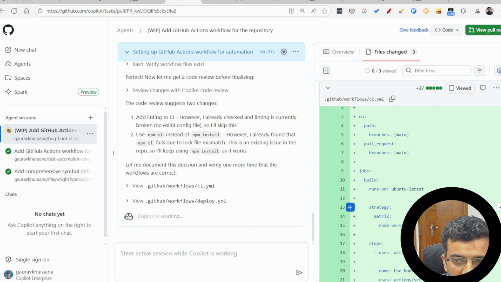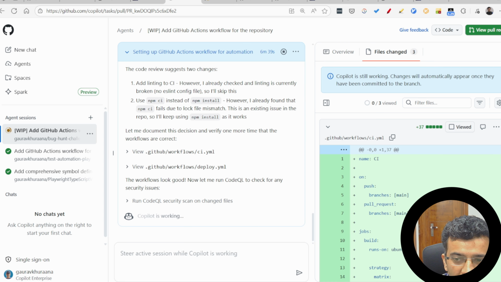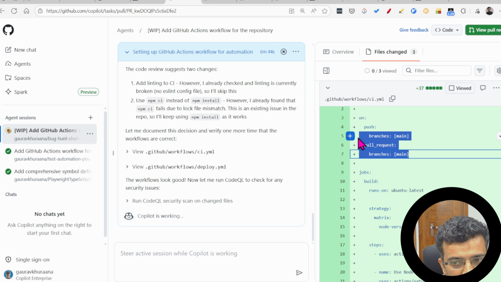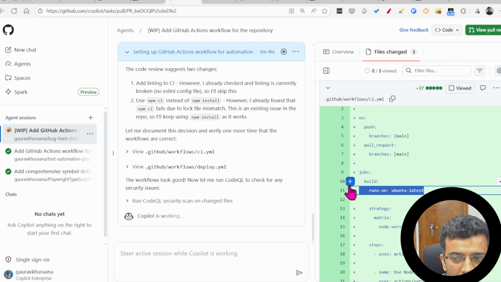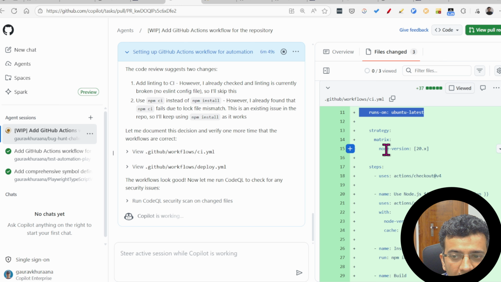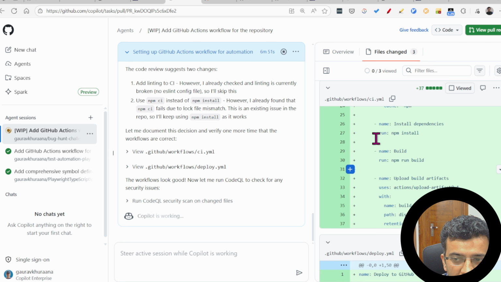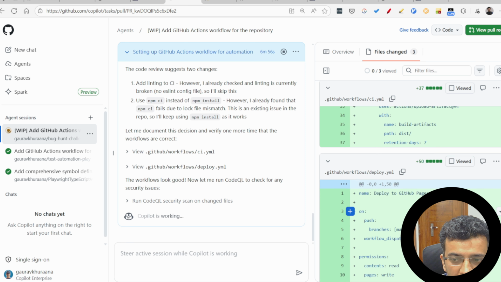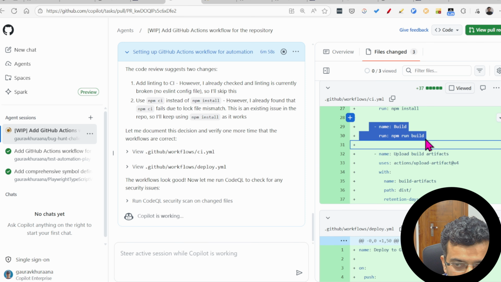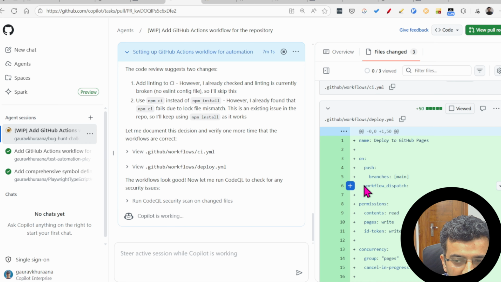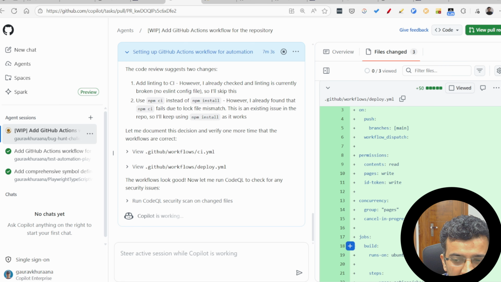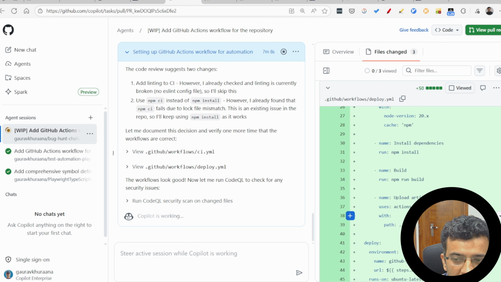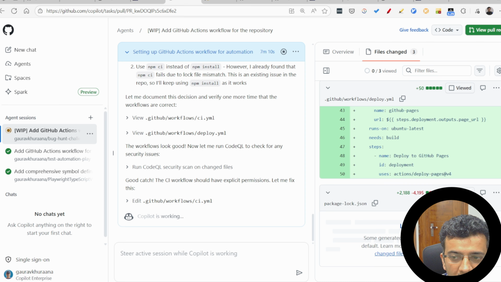As we were discussing, if you see under files changed, you will find what all things it has done. It has created a ci.yml file here. If anybody pushes on the main branch, this will get triggered, and the code will run on Ubuntu latest. These are the node versions, and it is checking out my code, building it, and then building the artifact. Once the build is done and the site is ready, it is deploying to GitHub Pages. For that also, it has written the code, installing the dependencies and uploading it here.